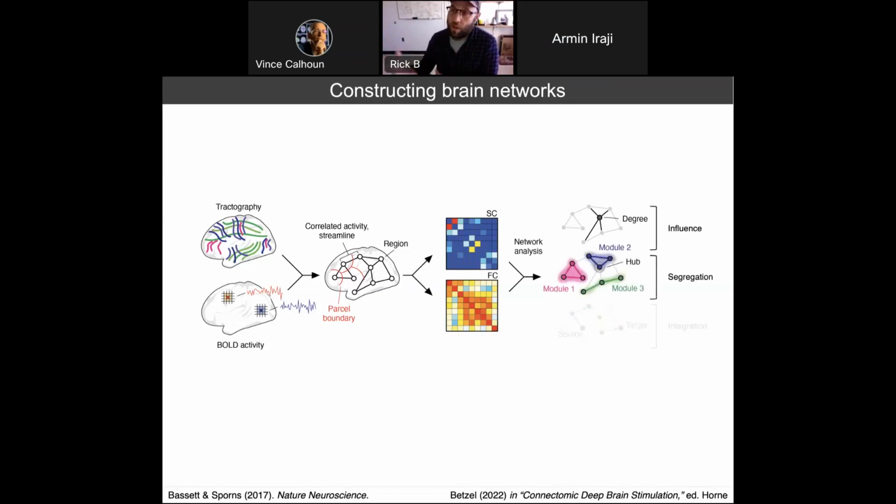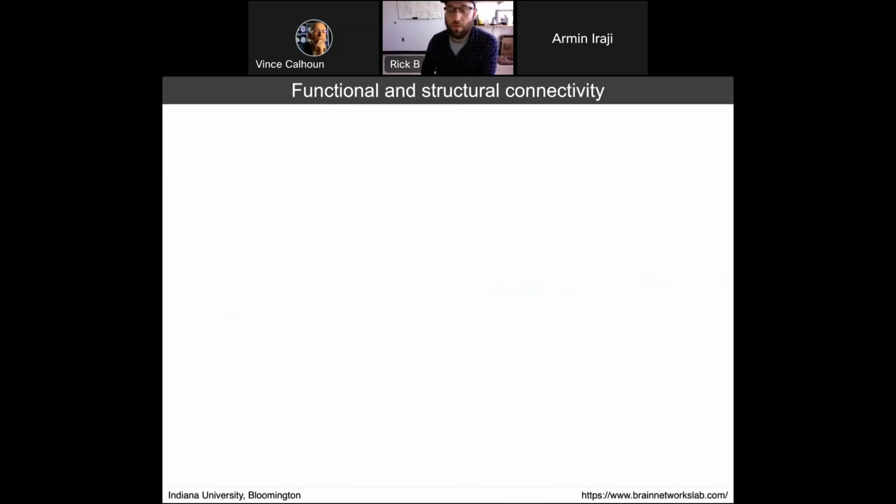We can study the extent to which systems are segregated from one another in the brain by tracking the modular structure, densely interconnected subgraphs, and even diagnosing hubs on the basis of how their connections are situated across modules. And we can also study how information and signals are integrated and flow across the network with measures based on, for instance, paths and walks. So network science is quite useful, and it's being applied fruitfully to brain networks.